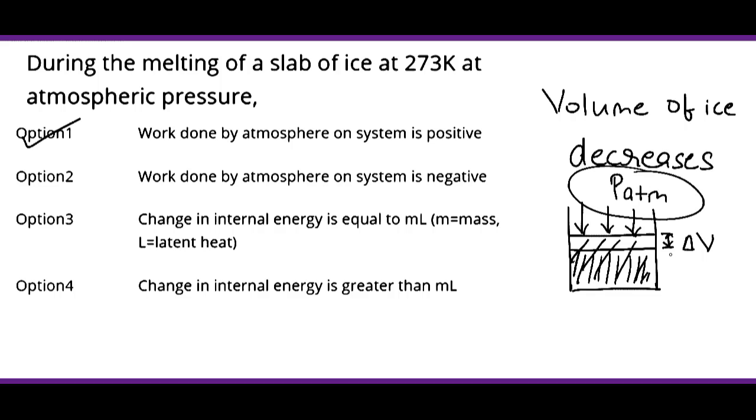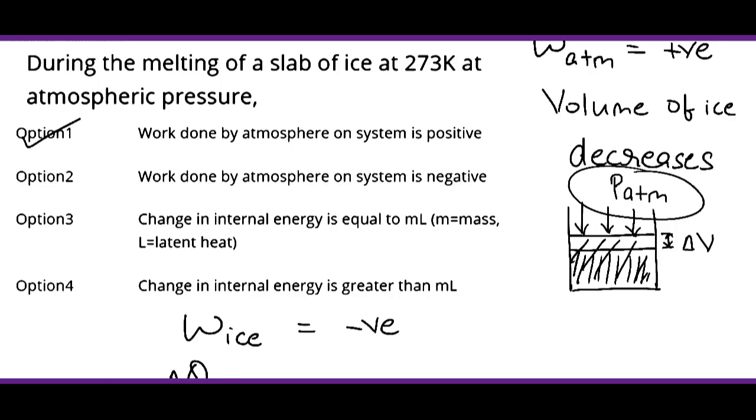So there is a change in volume because of the atmospheric pressure, and because work is done by the atmosphere, work done is positive. Also, if we consider the ice as our system, then W_ice is negative because its volume is decreasing. The first two options asked about work done by the atmosphere, and this will be positive. W_ice will be negative because work is done on the ice by the atmosphere. Therefore,